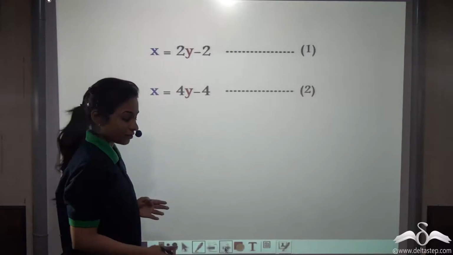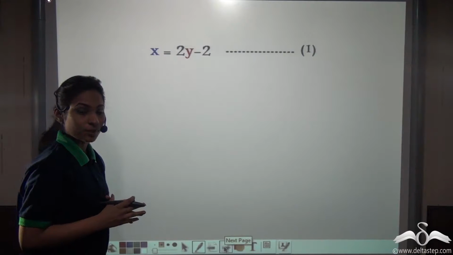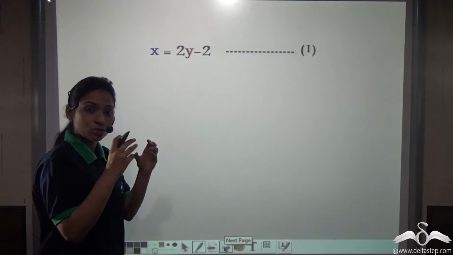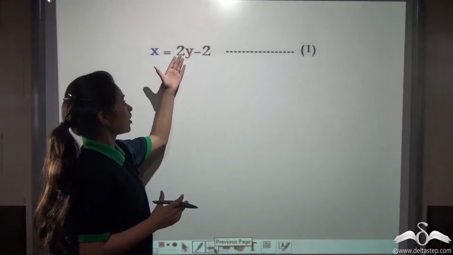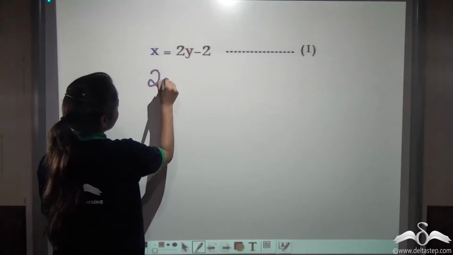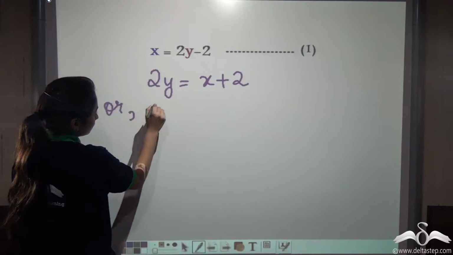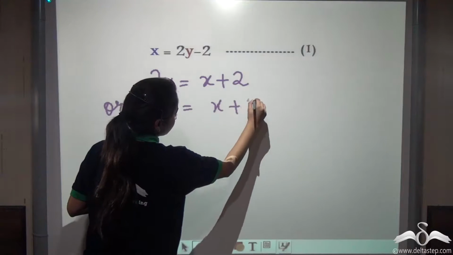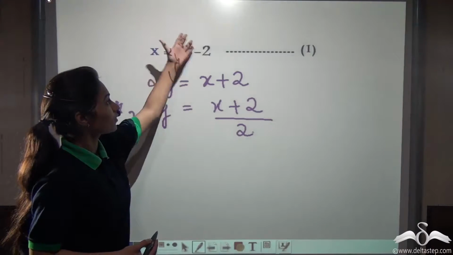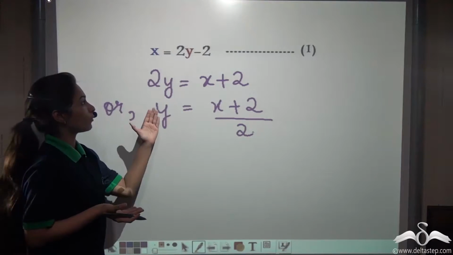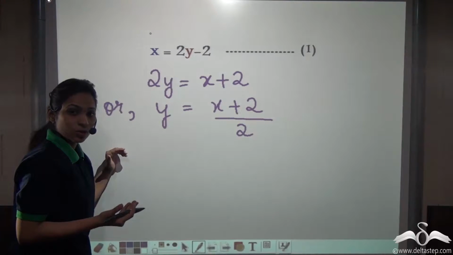So let us take equation 1 first. Now we know that whenever we graph such equations on a graph paper, we need x and y values so that we can plot those coordinates on the graph paper so that this equation can be graphed. So let us make y the subject of this equation. You can see that here we have made y the subject of this equation. Now even if you don't want to make y the subject of this equation, you can take values for y and find out the subsequent values for x. You can do both ways.